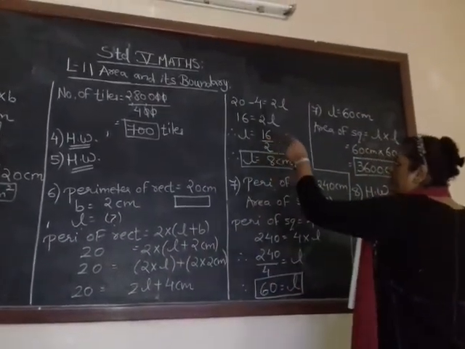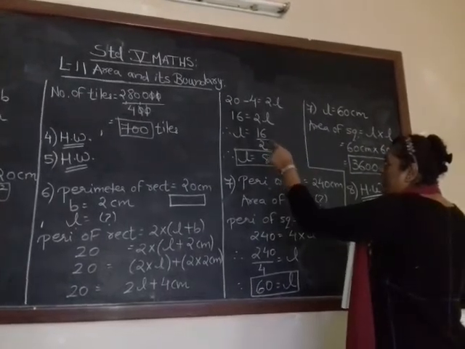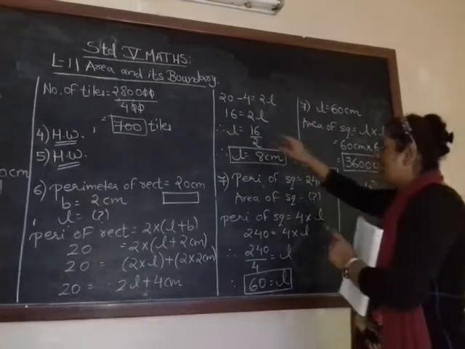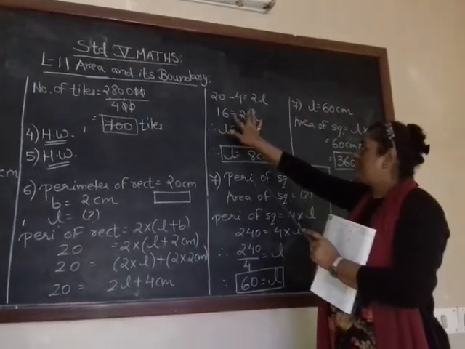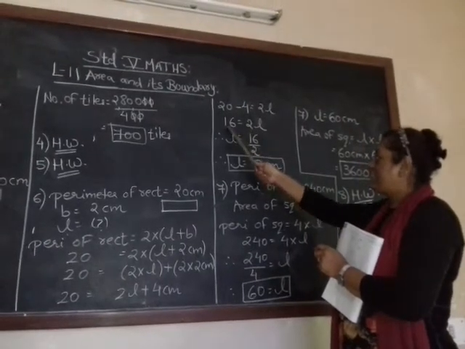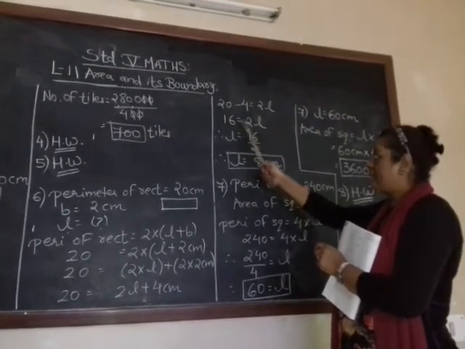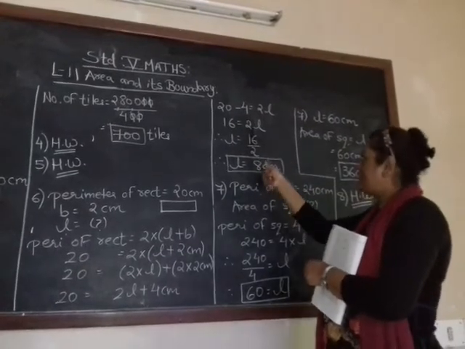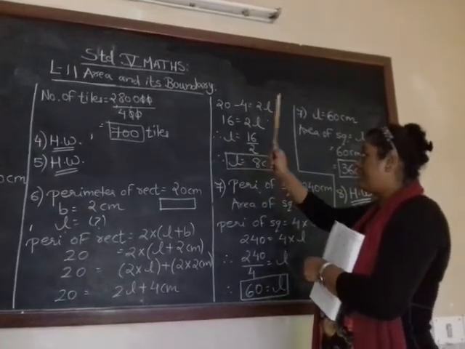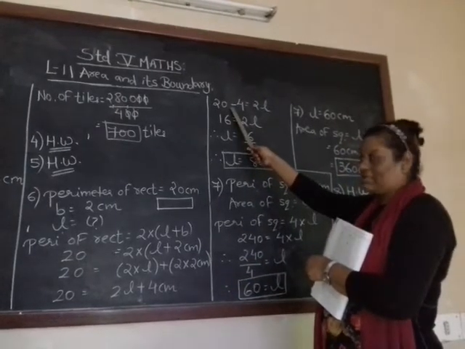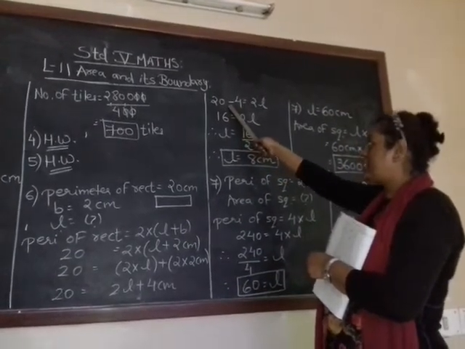So 20 minus 4 is equal to 2L. So 20 minus 4 is equal to 16 is equal to 2L. Now see, 16 and 2L are both on opposite sides. Now this 2 I cannot keep here and 16 I cannot bring here. Out of 2 and 16, 16 is bigger, so 2 has to change its direction, so it will go to 16, but from plus it can be converted to minus when it changes position or direction.